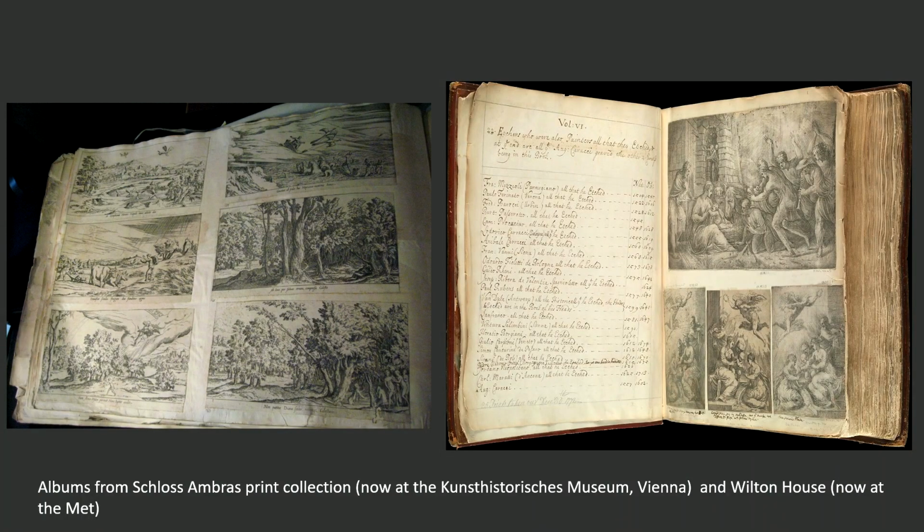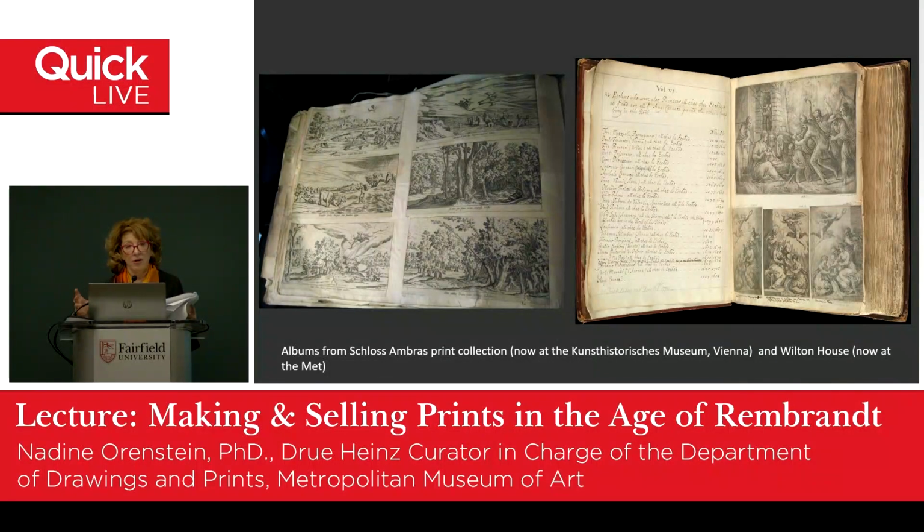And here we have two actual albums from the 17th century that have survived and show us how prints were collected and also how they were organized, usually by subject matter. So as on the left, you see an album with landscape prints. Sometimes you would get mythological prints, an album of portraits, religious scenes. There is a wonderful